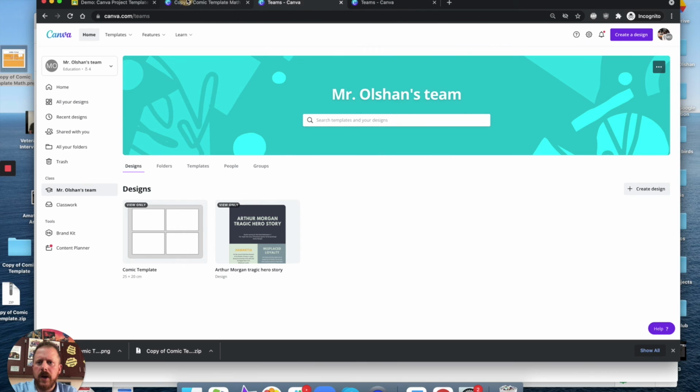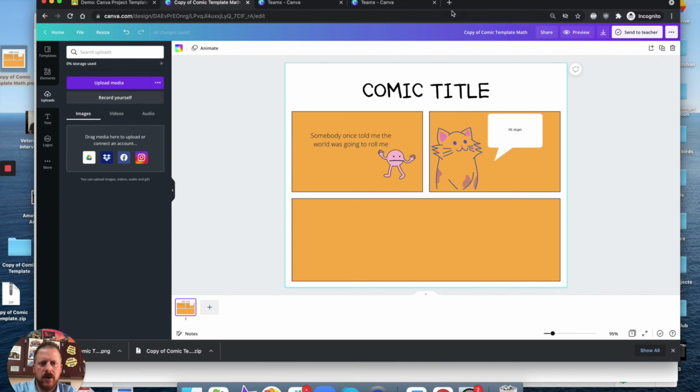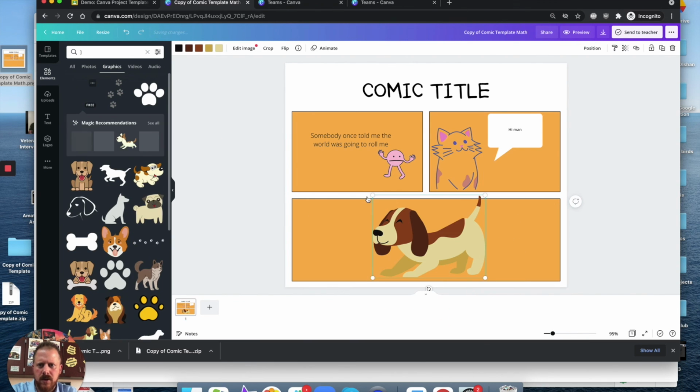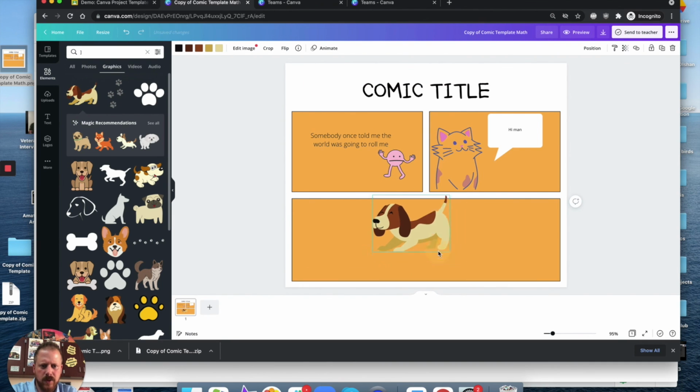When you are working on your project in Canva Edu, things do save automatically as long as you just check in the upper left-hand corner here where it says all changes saved. If I would add something to my project, so I'm just going to select this dog and drag that into my project. You can see at the top, it said changes saved. Now we know it's saved for sure. So if I don't finish this in class and I need to back out of it,